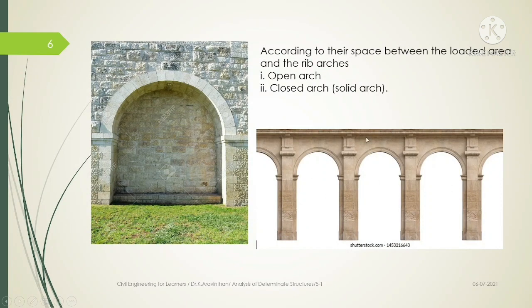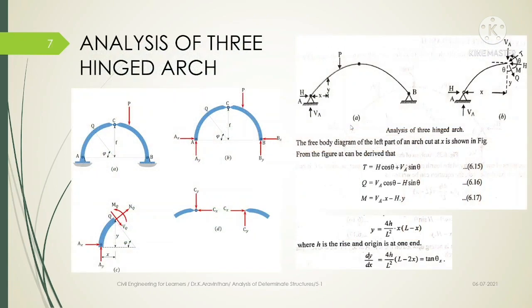When an external force is acting on that arch, say for example this arch carries the load above, which is the stone masonry. So above this arch, this load has to be transferred by the arch. So now how much force is transferred by this arch, and what is the internal behavior of the arch? Let us identify. So henceforth we will not be seeing this kind of structure, we will only be seeing the center line diagram. So this is a center line, you can see this is a three hinged arch.